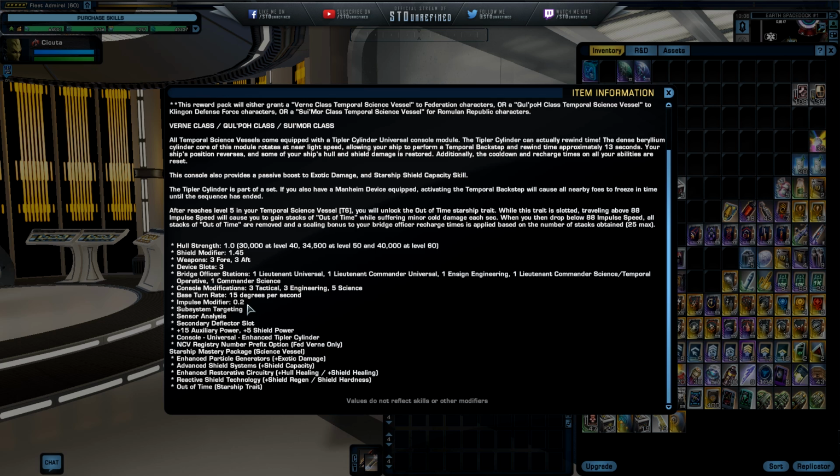Impulse modifier 0.2, subsystem tracking, sensor analysis, secondary deflector slot. Wow, what more do you guys want, right? This thing is beauty. Plus 15 to auxiliary power and also plus 5 to shield power with a universal console,